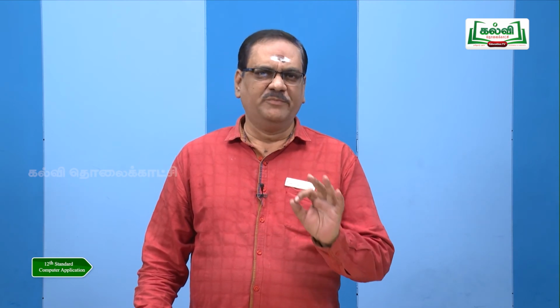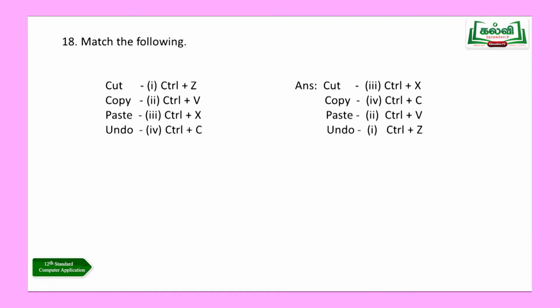If you open any software, you will see Ctrl plus S, and Ctrl plus C is used for copy. Even now I joke with students that the first thing a student learns in Windows is cut, copy, paste. It has become very famous after Windows software. Before Windows, cut and copy were not so frequently used. After Windows OS was introduced, cut, copy, paste became very famous. Almost all software use the same shortcuts, Ctrl plus X, Ctrl plus C, Ctrl plus V and Ctrl plus Z for undo. Okay, now we move on to the next question.